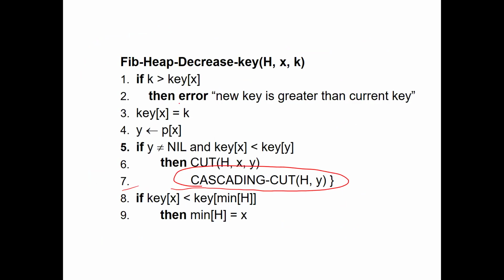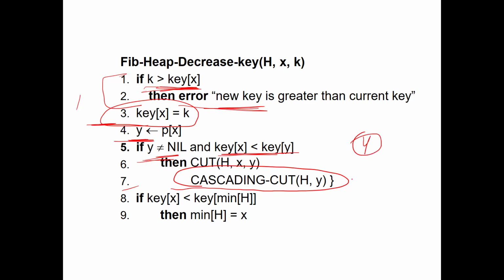So this is the basic algorithm of Fibonacci decrease key. First, find out whether there is an error: if I'm asking you to decrease the key, but the new key is actually greater than the current key, then it is not a decrease key operation. That is a special condition check. Then you assign the key value, then find out the parent of X. And if the parent is not nil and the new key is lesser than the parent's key, then